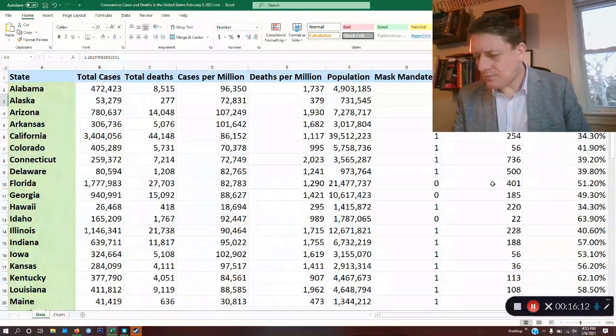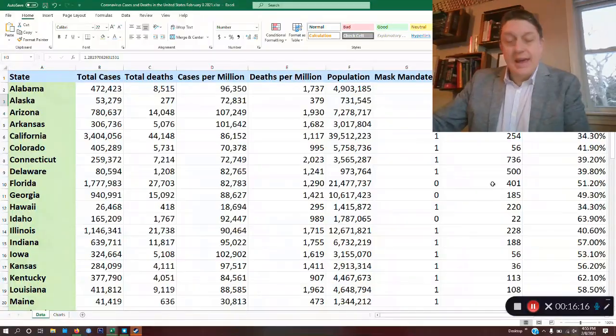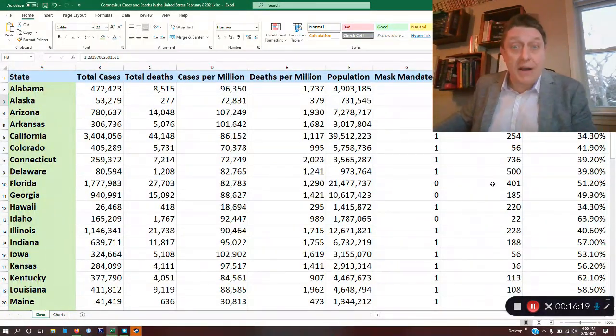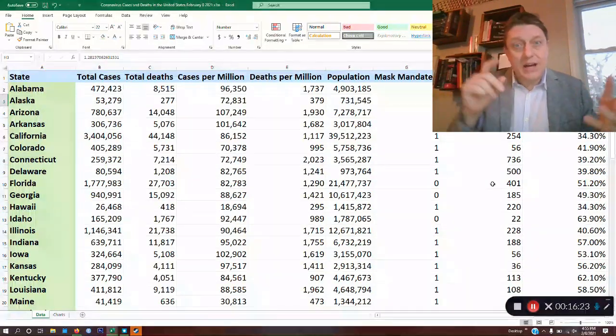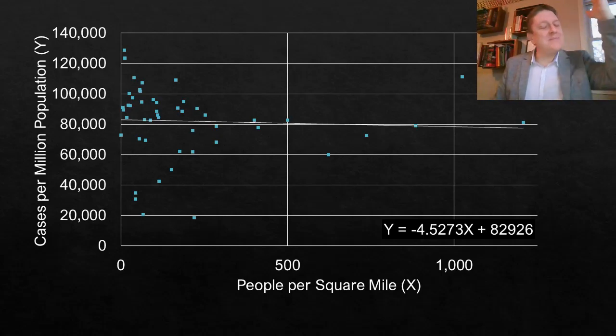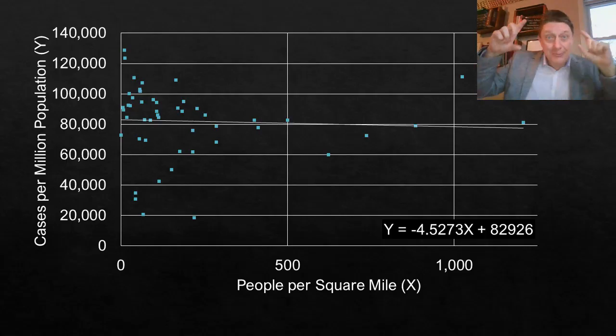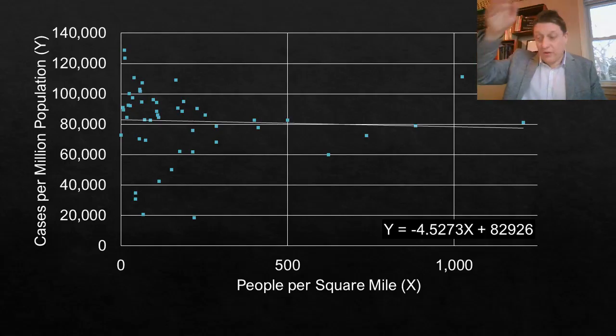attended to. So I could create from this a graph, what's called a scatter plot, in which we have 1 dot for each state, and you see that here, in which the y-axis, and I put it on y because it's our outcome variable, which is pretty handy, is cases per million population. And you notice I labeled that y, so you remember that's the y. And you can see the natural variation on the vertical axis there.